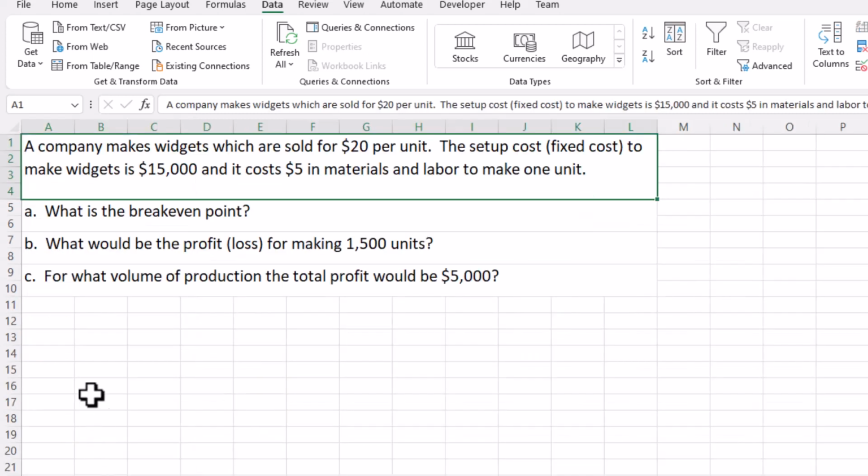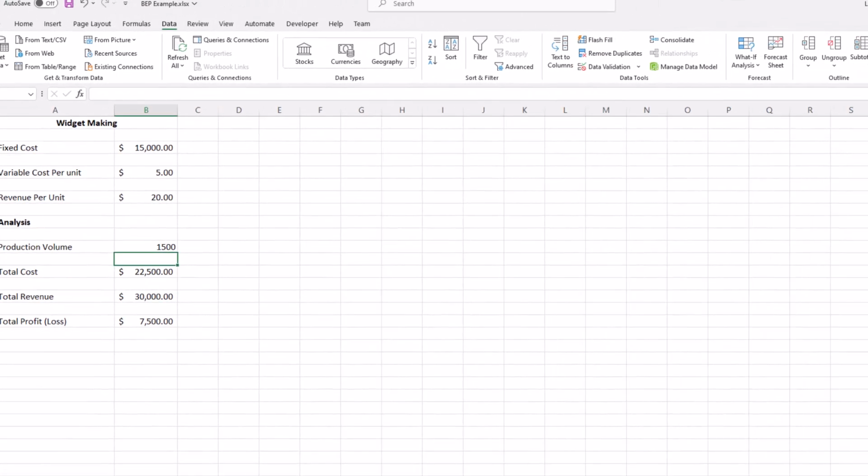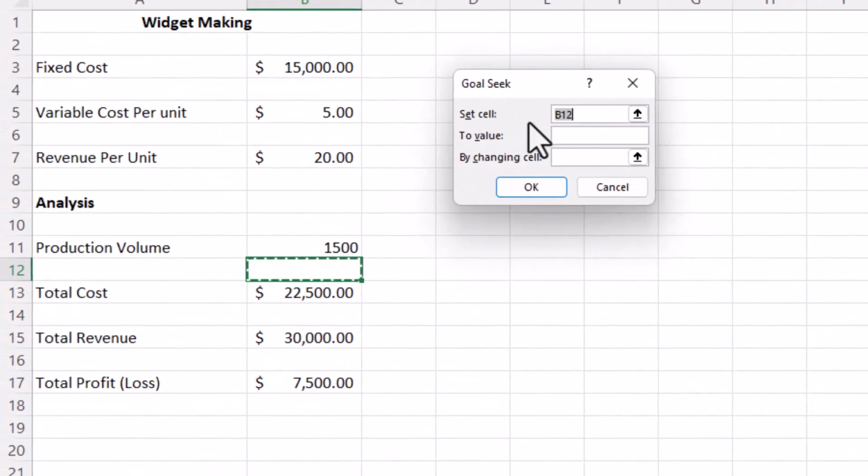Now let's go to part C. In part C, for what volume of production the total profit would be $5,000. In this case, we have to use the goal-seek again. Let's go back, and in this case I will go to the what-if analysis, select goal-seek. We want to set the cell B17. We want the value to be 5,000, and by changing this cell, the production volume here,